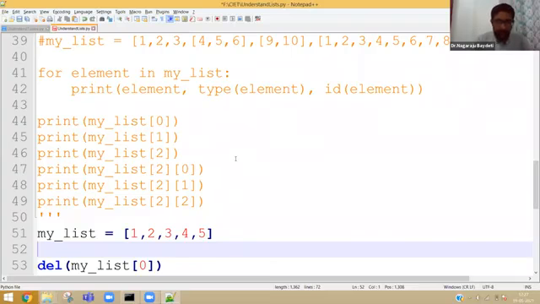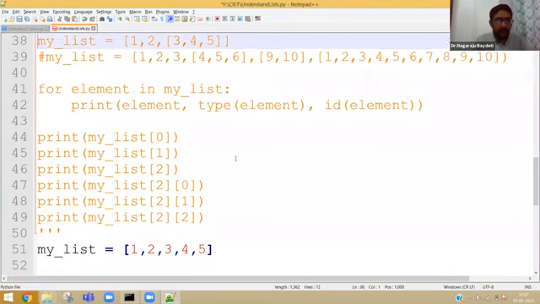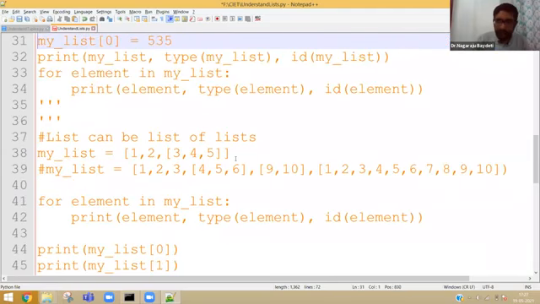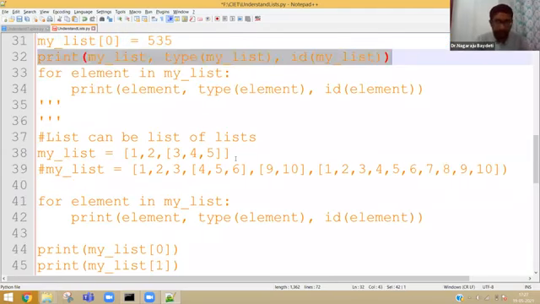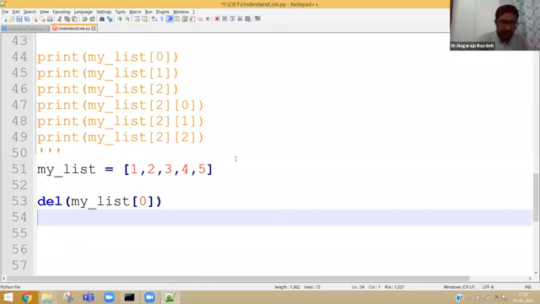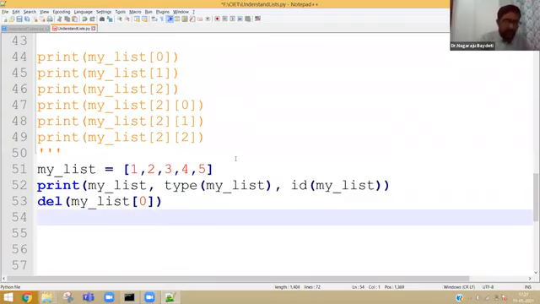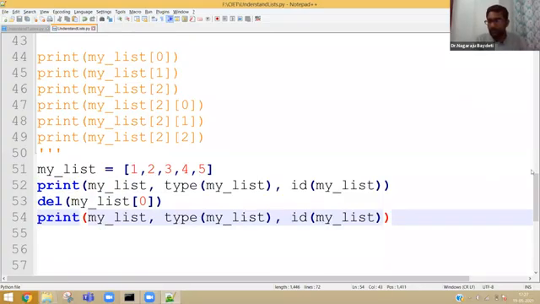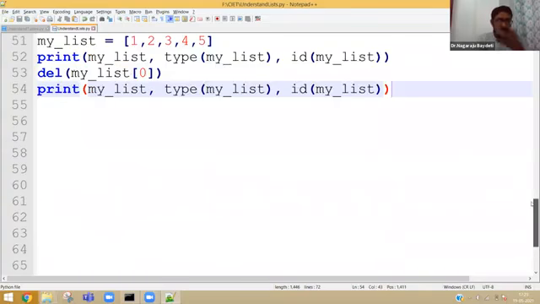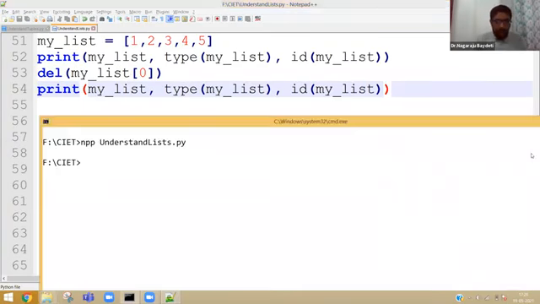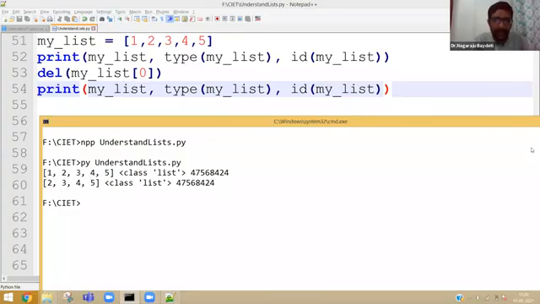Okay. So let me print my list before the delete, and after the delete also, and execute this part of the program to understand what the output will be. So clearly you can see that the class list object location did not change.